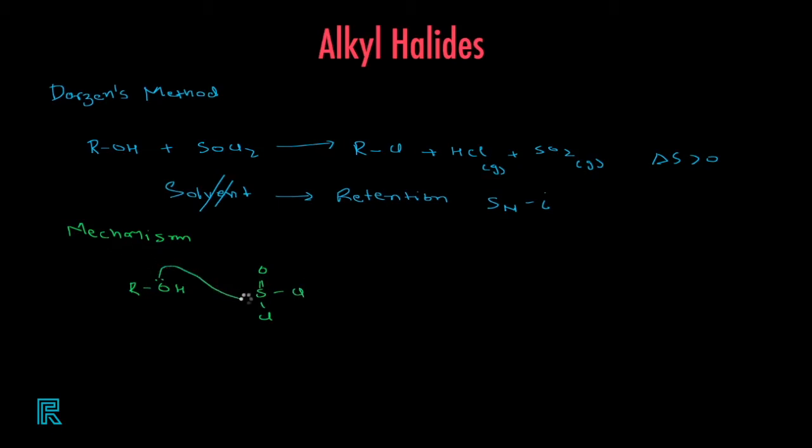The lone pair attacks the sulfur, forming an intermediate. During this, chlorine is released. I am not showing any other intermediate steps. So this gives chlorine. What happens next is that the chlorine released attacks the hydrogen, and the hydrogen gives off the bond pair to oxygen. So this forms into